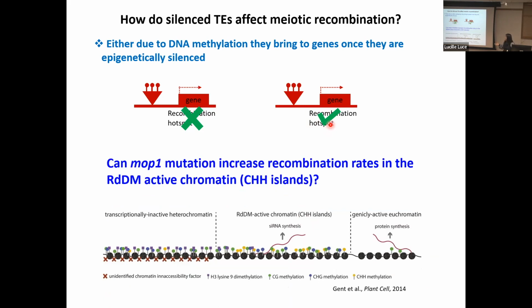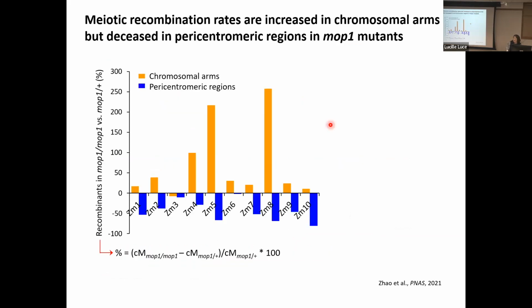So that's why, when I was a postdoc, I hypothesized that in this mutant we may observe increased recombination, because this mutant can remove methylation. Methylation is kind of suppressing recombination, right? So that's the central hypothesis at that time. But actually the data was even more interesting than we expected. We expected that we could observe more crossovers, but we found